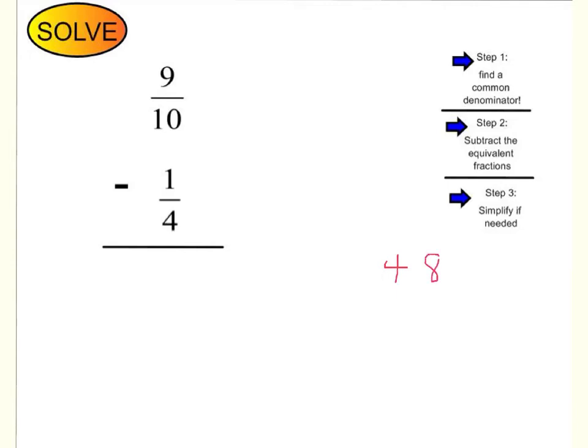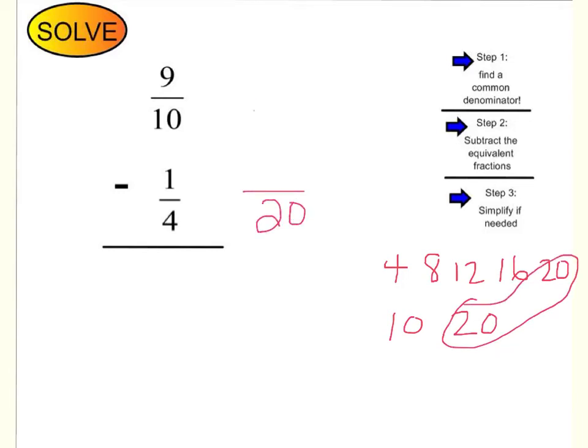So 4, 8, 12, 16, 20. I know I can stop at 20 because I already know the multiples of 10, so 20 is going to be part of it. So 20 will be my match. So 20 is my new denominator, and I need to make equivalent fractions from 9/10 and 1/4 with the denominator